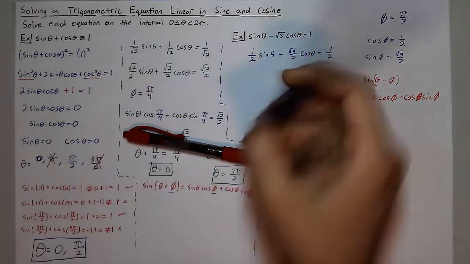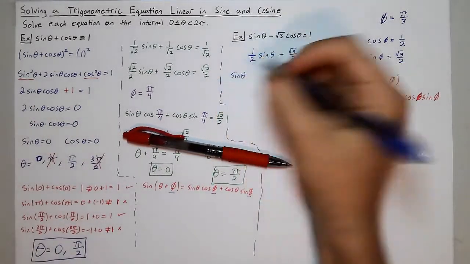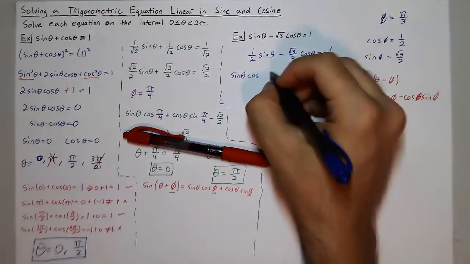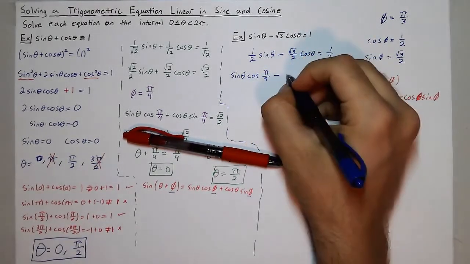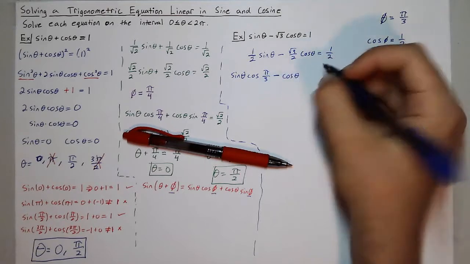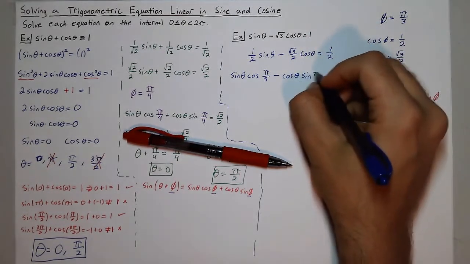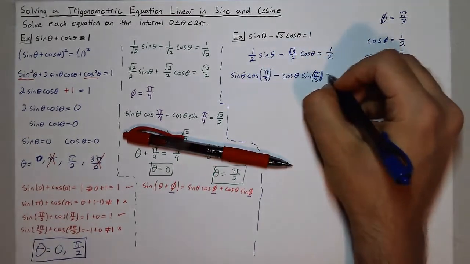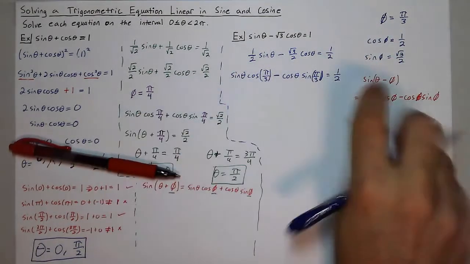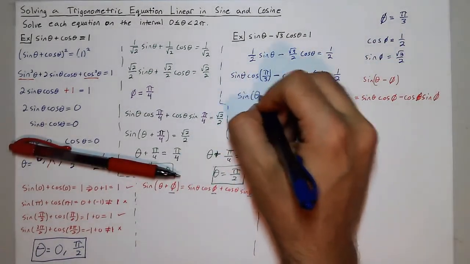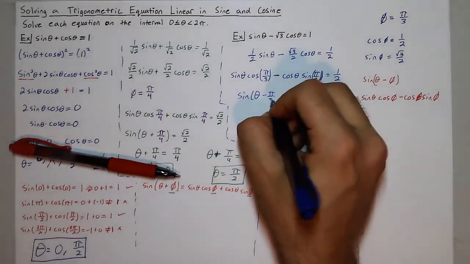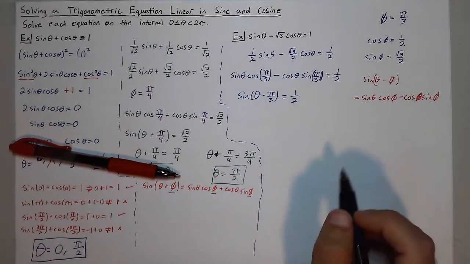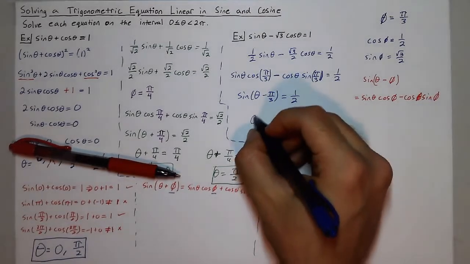So I can rewrite this as sine of theta cosine of pi over 3 minus cosine of theta sine of pi over 3 is equal to 1/2. So now I can rewrite all of this as sine of theta minus pi over 3 is equal to 1/2. And I just have to find the two angles that make sine equal to 1/2, which would be at